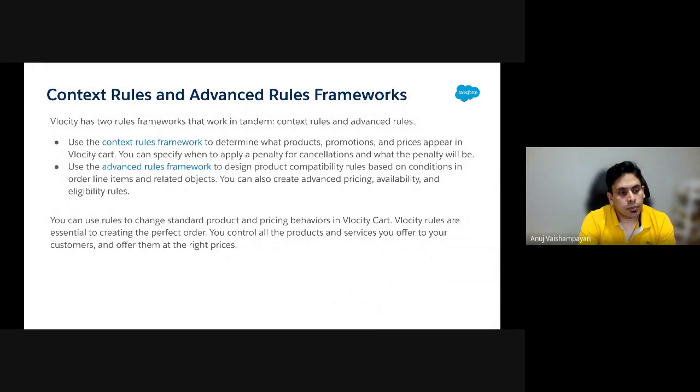Now, coming to context rules and advanced rules. Velocity basically has two rules frameworks. One is context rules and another is advanced rules. Use contextual frameworks to determine what products, promotions, and prices appear in the Velocity cart. You can specify when to apply a penalty for cancellation and what the penalty will be through the contextual framework. Then with the advanced rule framework,